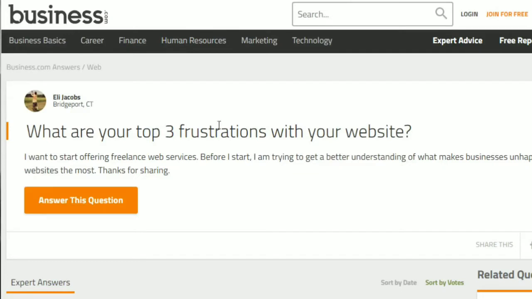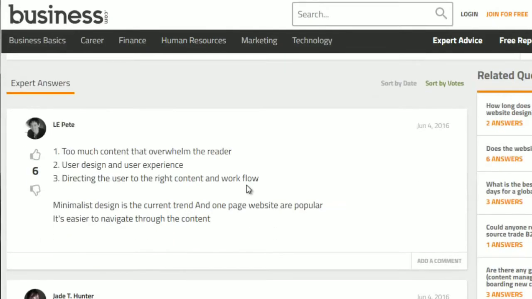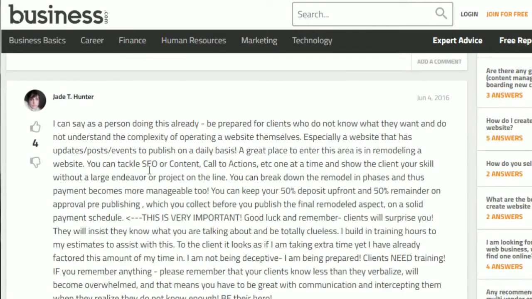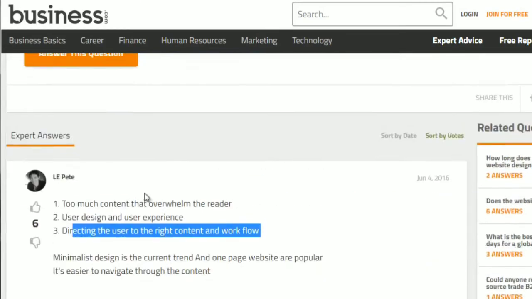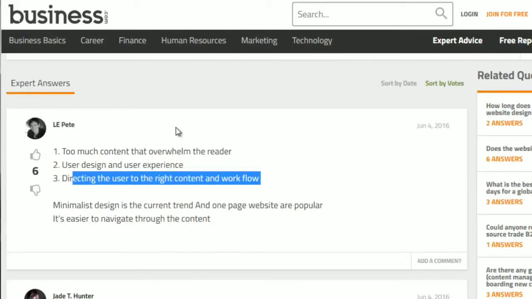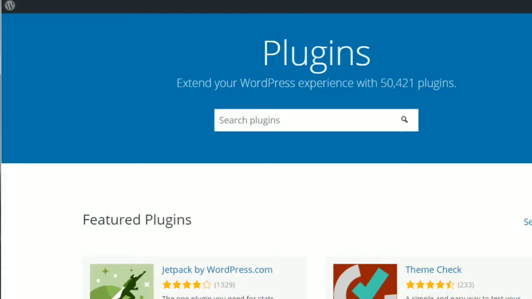What are your top 3 frustrations with your website? Too much content that overwhelms the reader, user design and user experience, directing the user to the right content, and workflow. So going through here, what you're looking for is a pattern. If you can see several people saying, I have problems because just finding fresh content is a big roadblock in my life. If you see tons of people saying that, the next thing you want to do is head on over to